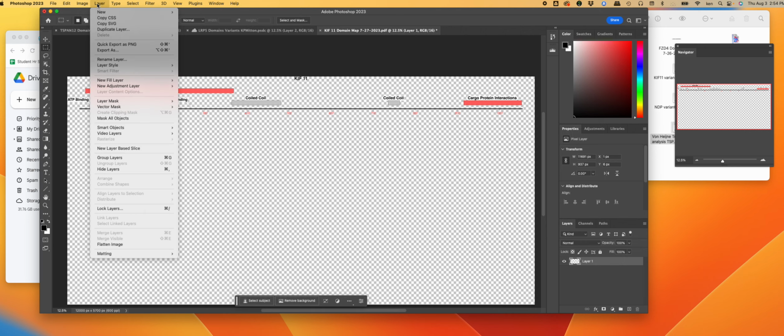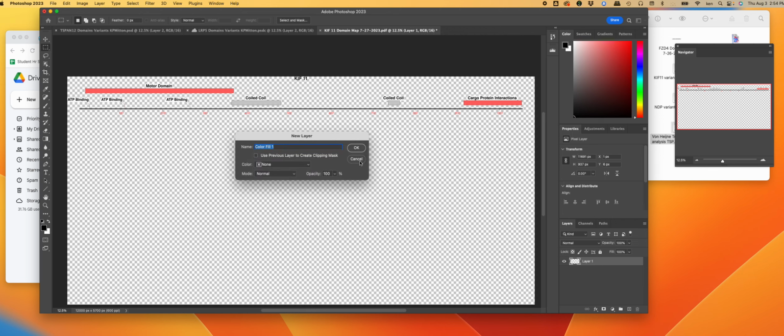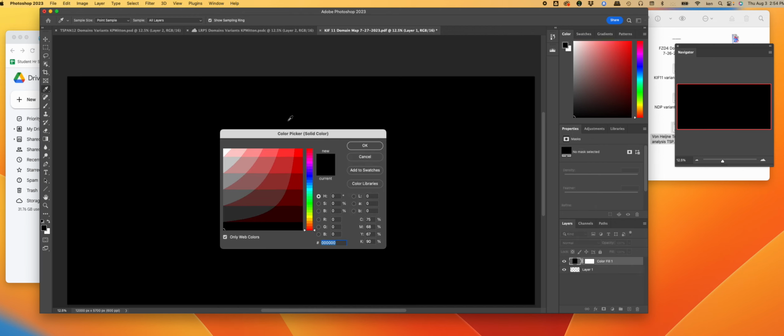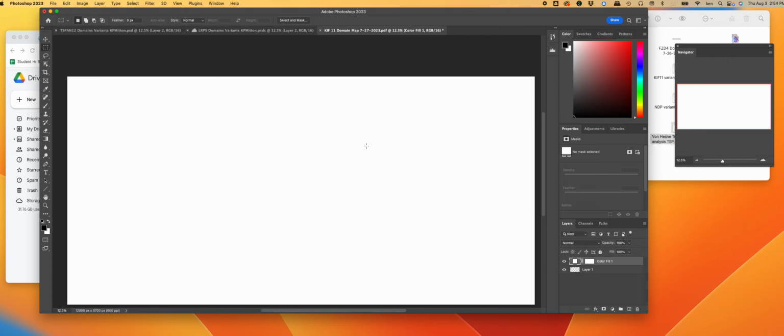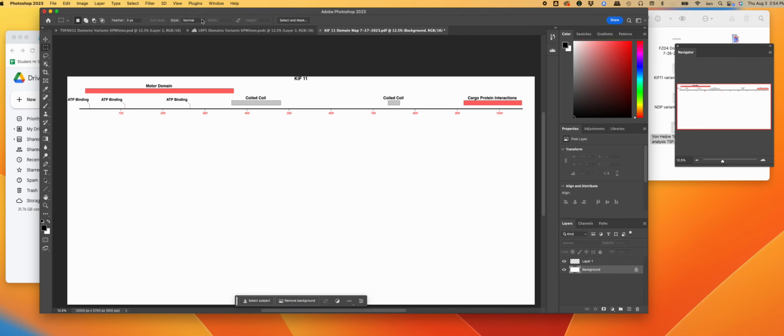The next thing I'm going to do is I'm going to want a layer. I want a new fill layer to have like a solid white background. So that comes up in this dialog, and it'll give me a color picker. I'm going to make it white. That's okay. Right now it's a layer that's on top of the first layer of elements. Don't worry about it at the moment. This layer that we're editing right now, the color fill layer, we're going to take this layer and say make a new background from this layer, and it has done that. And now the background layer is always the bottom layer, and layer 1 has our elements